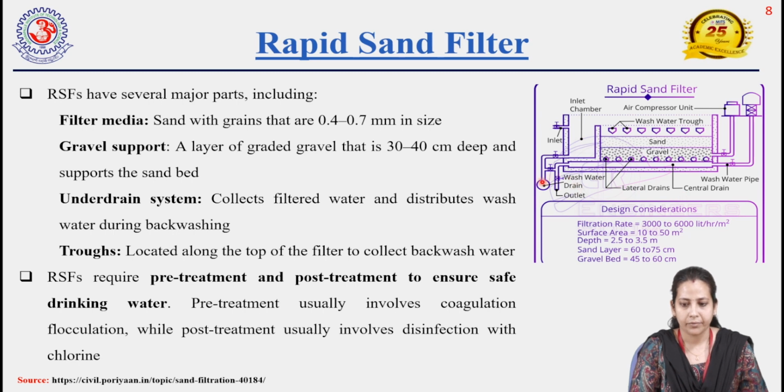And the troughs are there to collect the backwash water, the drain outlet water, and the stored water after treatment. So here you can see in the figure there are 1, 2, 3, 4, 5, 6 valves, and these valves open and close according to the process when it's working. From the inlet these valves are open, then after the treatment, for backwashing purposes, these valves will close and these two